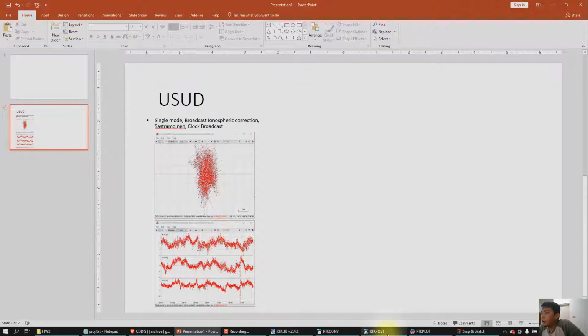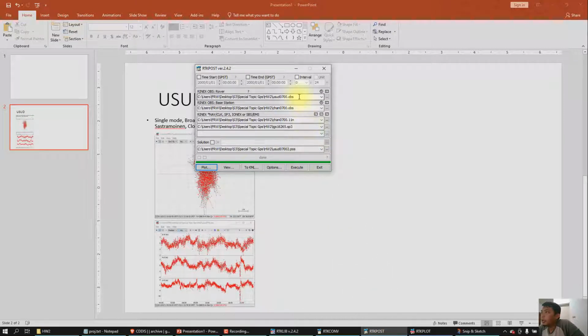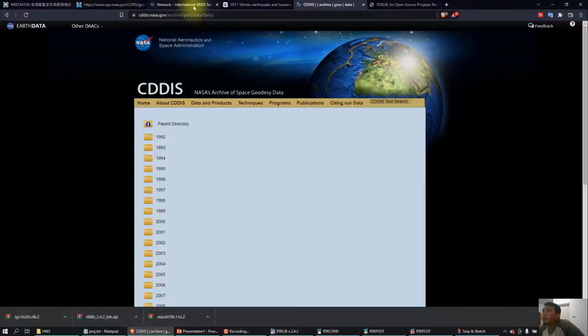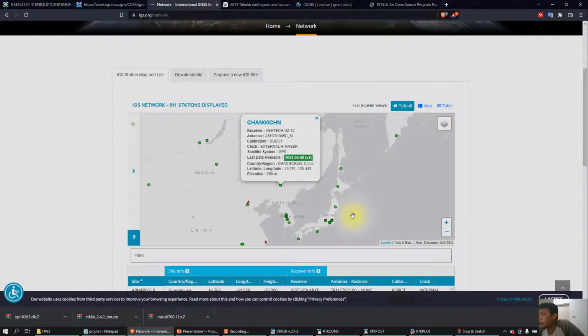Then we use another approach. We keep using the USUD data, but for the base station, during the earthquake around this area the USUD station probably moved, so I suppose a station that is far away from the earthquake is stable, and we can use it as the base station.